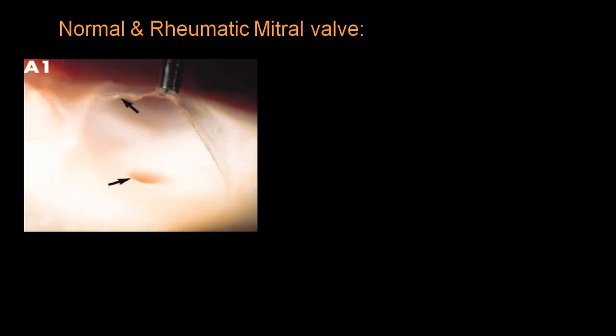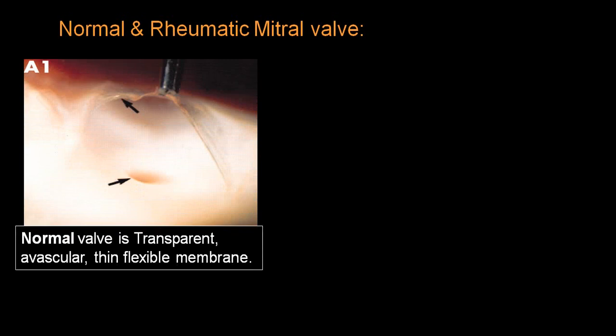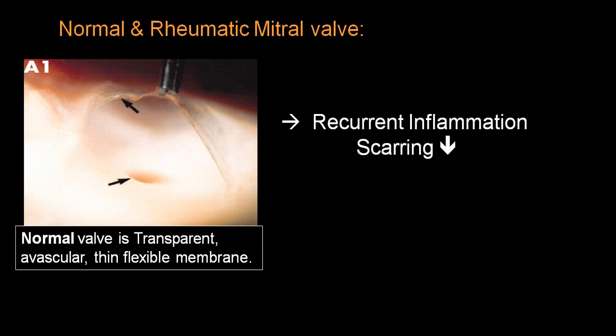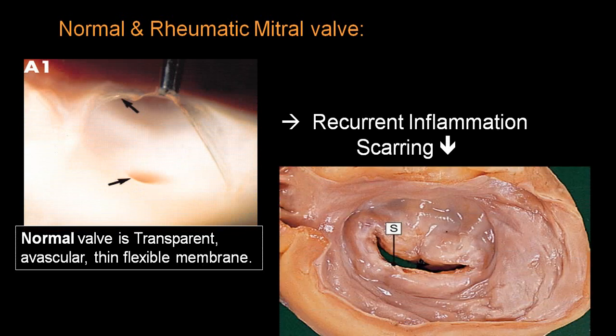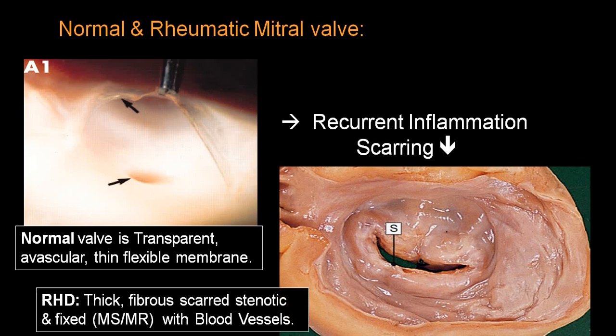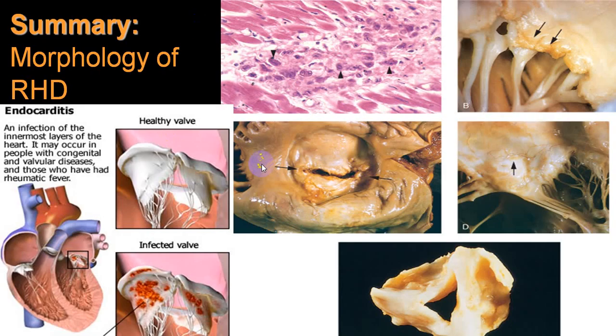This is normal. You can see an absolutely shiny, thin, papery mitral valve. So it is an absolutely thin, flexible valve and almost transparent. But secondary to inflammation, it is thickened, fibrous, there is scarring, and this is typically described as a fish mouth appearance. This is typical in mitral stenosis. These are typical mitral stenosis, fish mouth appearance.